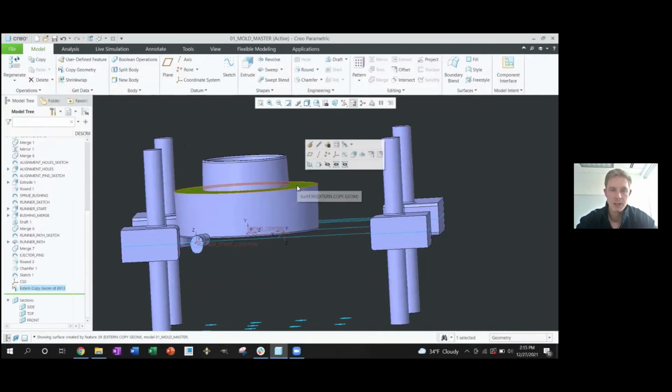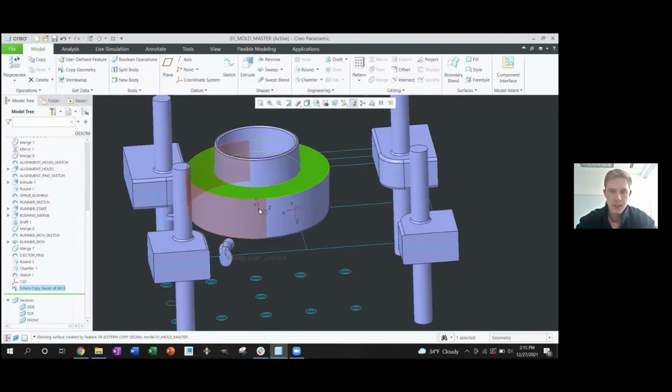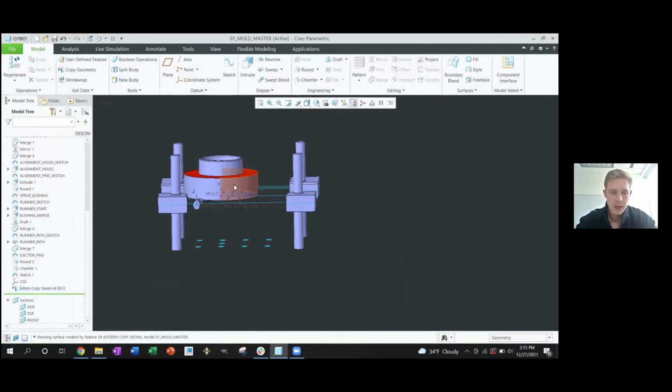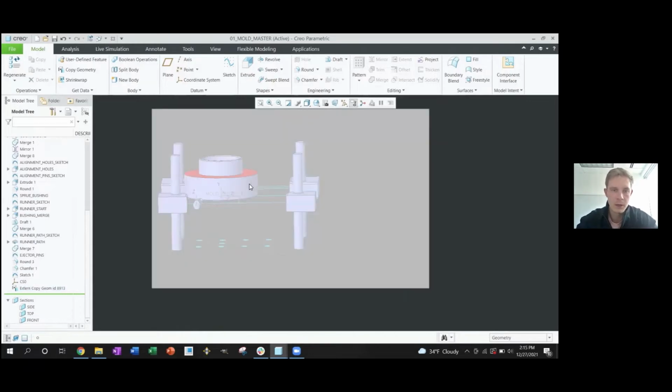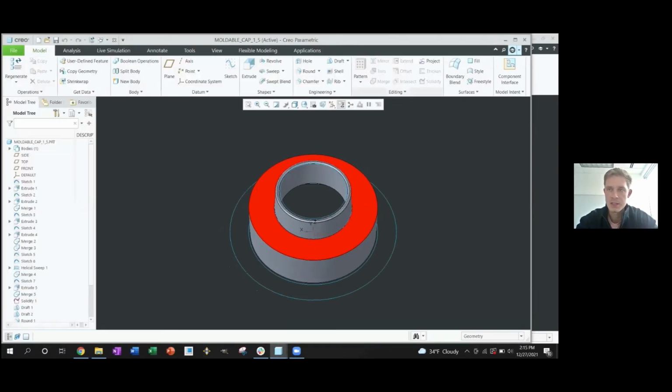So that's how this part is drafted, and it's exactly how we're going to design this mold. So we'll have to go ahead and actually offset the part from the parting line itself. We're going to do that by opening the part and creating a new coordinate system within the part. That's going to be the easiest way for us to